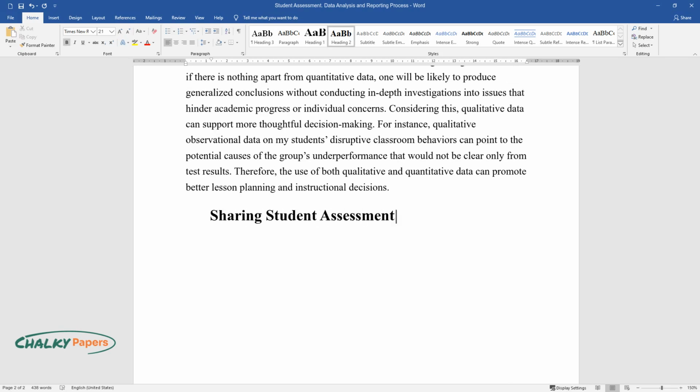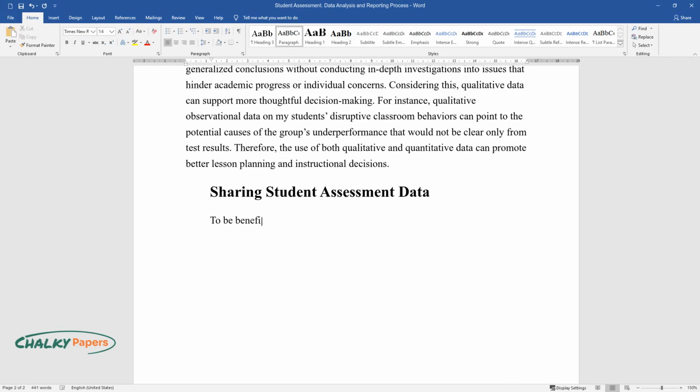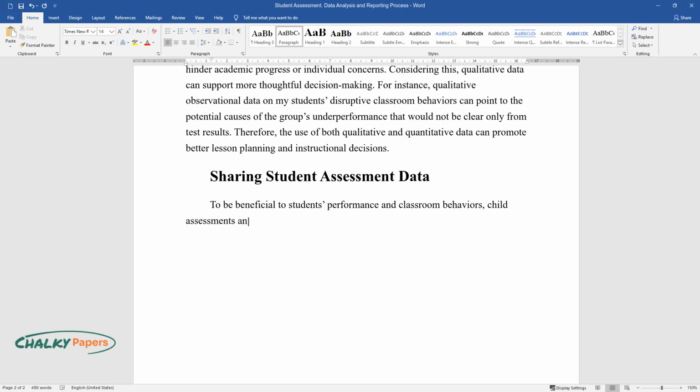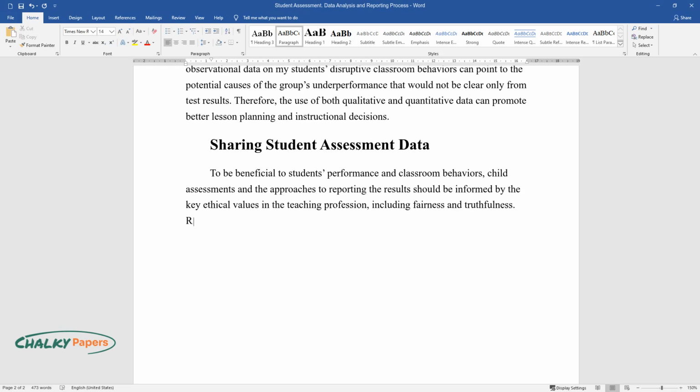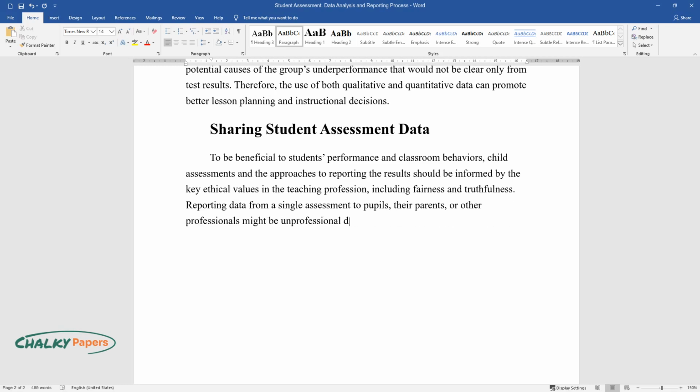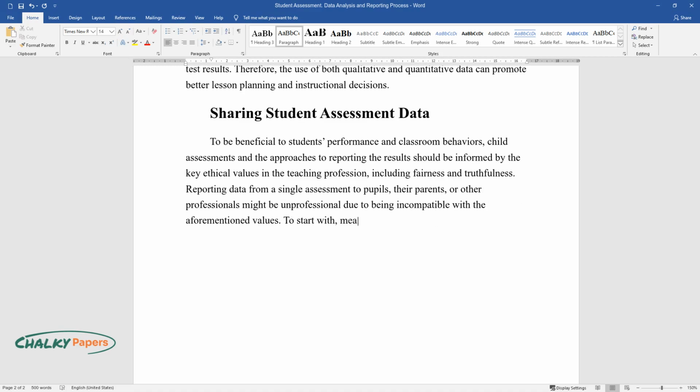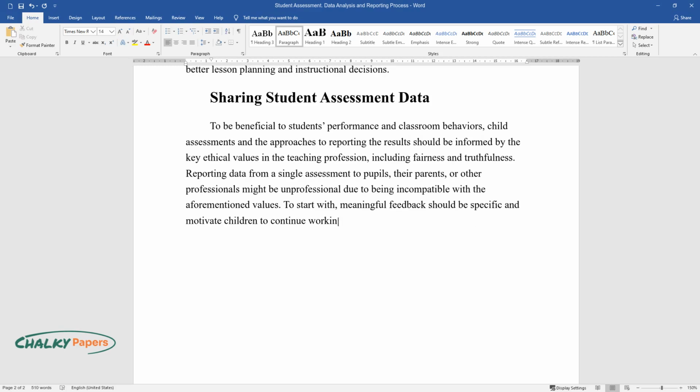Sharing student assessment data. To be beneficial to students' performance and classroom behaviors, child assessments and the approaches to reporting the results should be informed by the key ethical values in the teaching profession, including fairness and truthfulness. Reporting data from a single assessment to pupils, their parents, or other professionals might be unprofessional due to being incompatible with the aforementioned values. To start with, meaningful feedback should be specific and motivate children to continue working towards their